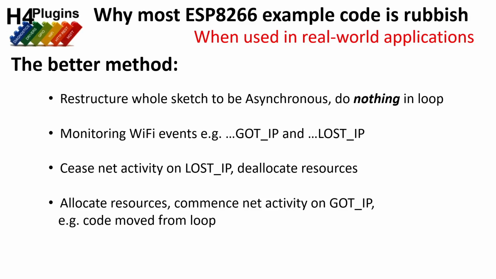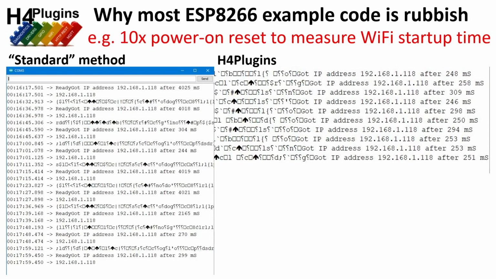So you take all your code out of the loop and you put it where it can run when you know you've got a Wi-Fi connection. Now that is why the previous example is the one that's always seen in examples, because what I'm showing you there is a new concept and a new way of thinking, lots more code and quite complicated. But